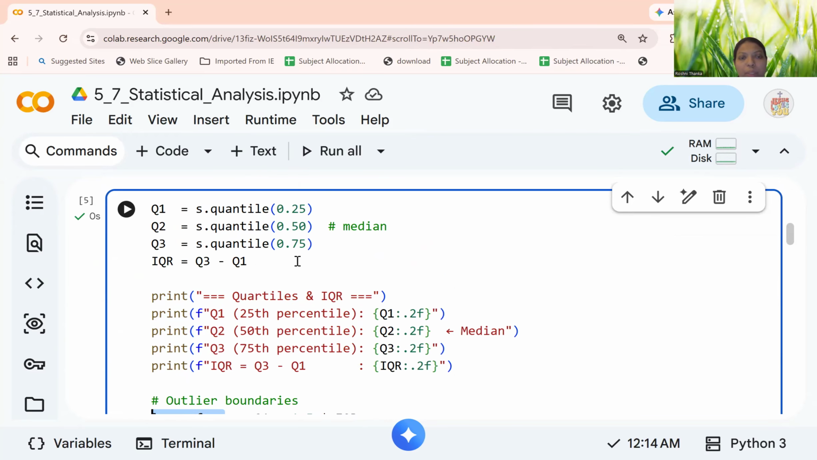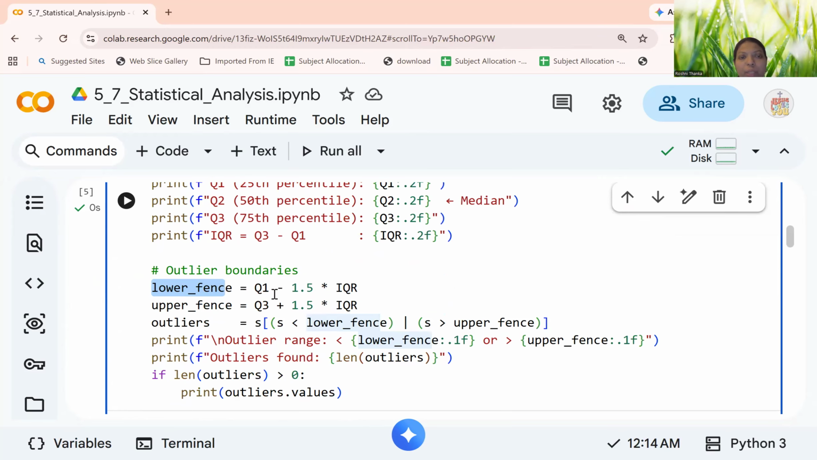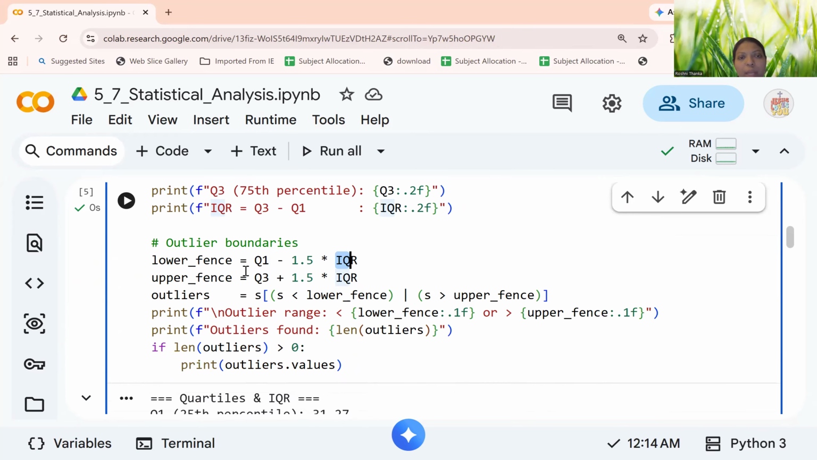Q1 is the first 25 percent of the data. For the lower limit, you have to put minus 1.5 into the IQR value, the difference between Q3 and Q1. And for the upper limit, we take Q3 and add 1.5 times the IQR. So this will give you the lower limit and the upper limit. The values going beyond the lower limit and upper limit are called outliers, which means they are